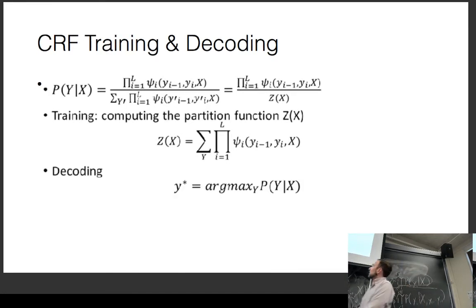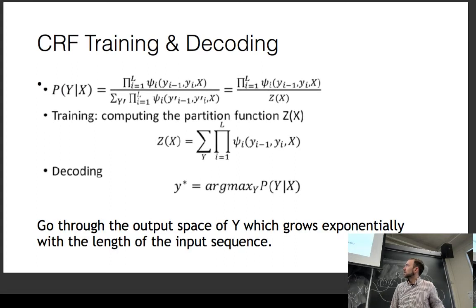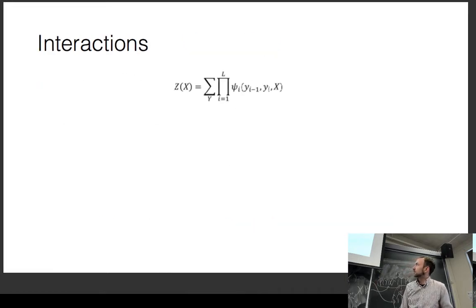For decoding, what we want to do is calculate the argmax of p of y given x. So in order to do this, we'll have to find the sequence with the maximum score, basically. And this is exponential, so this is difficult.